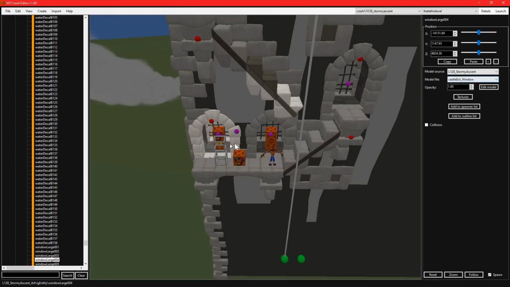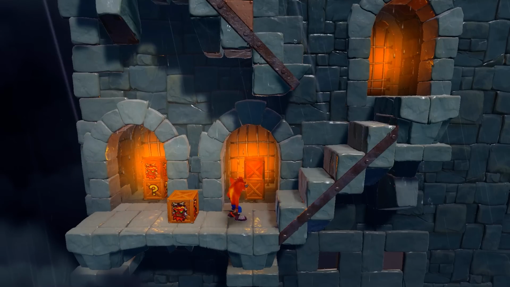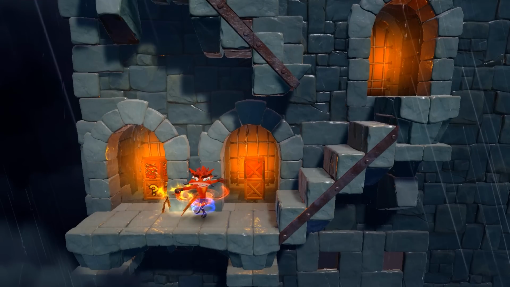I guess it's a bit broken. There we go. But when I play this, this should now look like an Uka Uka crate. And also, you know what I can do? Send both of these back to where they normally are. If I reset these, it'll just reset everything on here. So that's basically just the location. It won't change any of the other settings. I think that looks quite cool. I don't know about you, and it